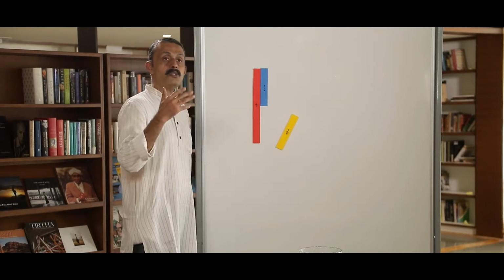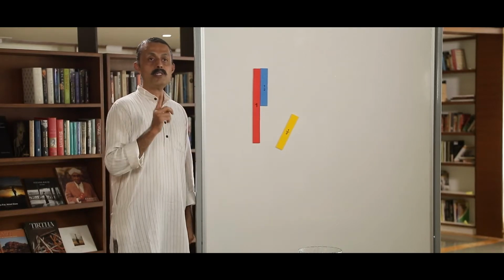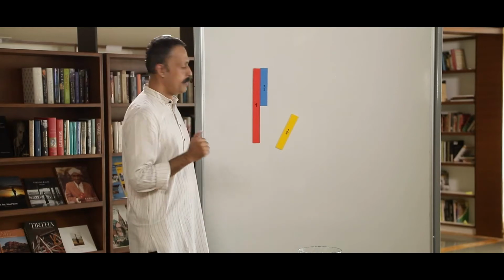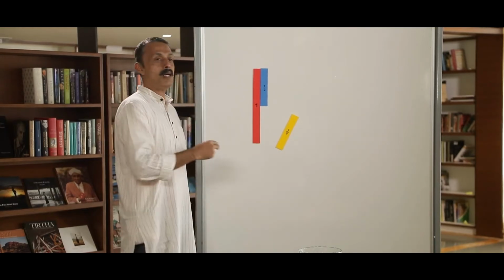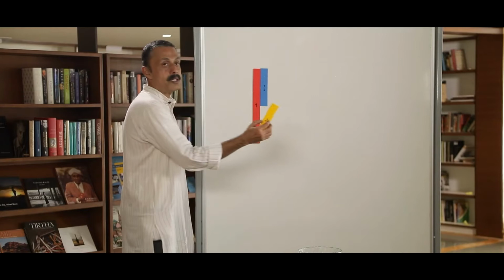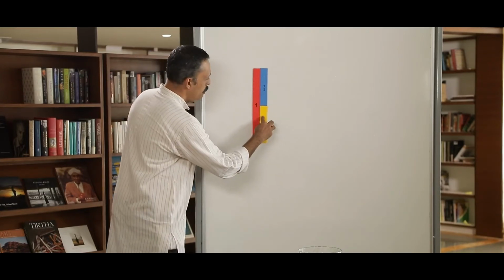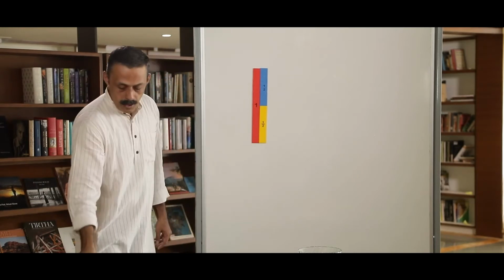Now, if I give this to a student and ask, how many portions have I given you? The student has to ask a question even before answering. Sir, how many equal portions have you divided this into? So, I have made two equal divisions in this. Hence, you get 1 of 2, 1 half.